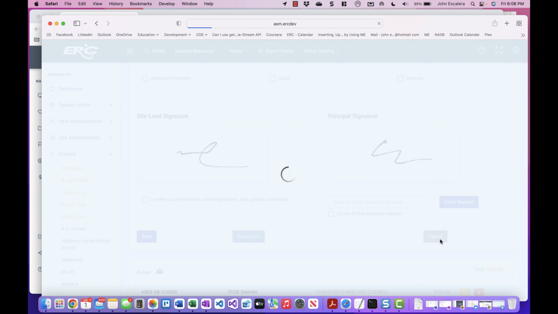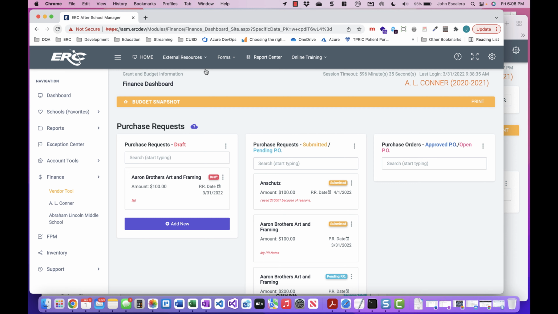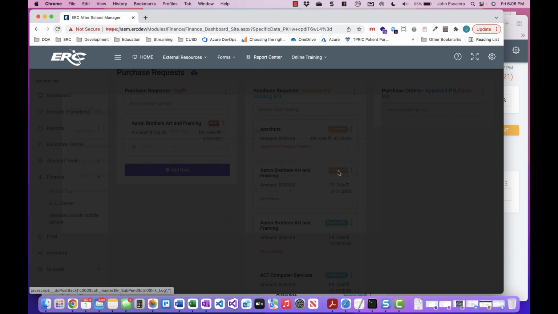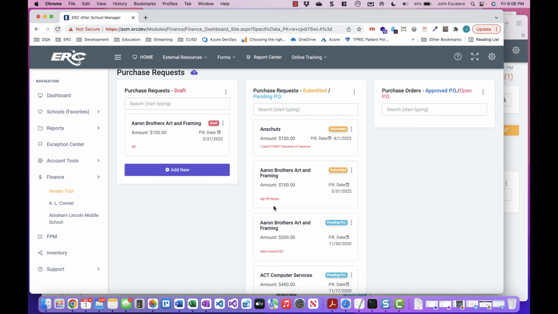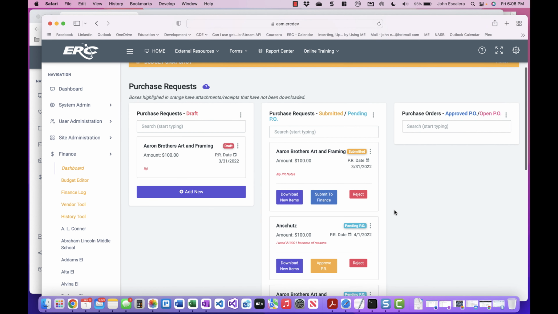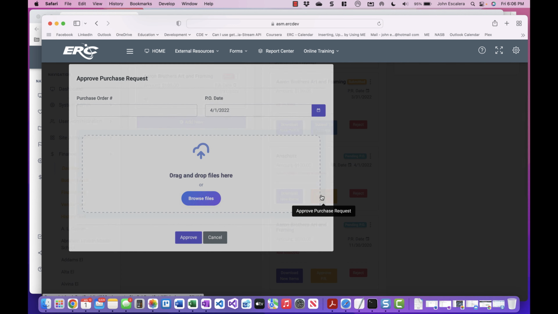Okay. And then of course the other change was if I'm over here as a site lead, I can still see the notes, I can edit notes, and they didn't have the access to view the purchase request history, and now they can, no matter where it's at. So if I was finance, where is it at? We submitted to finance, let's say it was approved, and I don't think I have